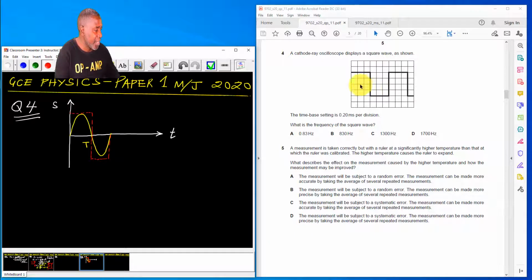Because if we draw our equilibrium line, which is here, we're starting from this point, coming like this, all the way to this point, which is this point. And this point is also this point. So that is a complete wave. So how many boxes does it take? 1, 2, 3, 4, 5, 6. So you're going to say it is 6 divisions, but each division represents a time of 0.20 milliseconds, of course, per division. So once the divisions cancel out,